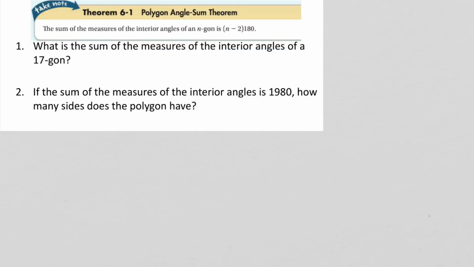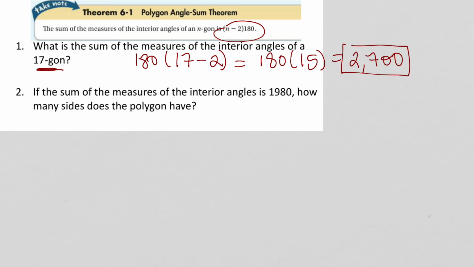All right, so let's get that formula down if you haven't. The angle sum of any type of regular polygon is taking the number of sides, subtracting 2, and multiplying it by 180 degrees there. So let's do these 2 examples. You could pause the video if you'd like. What is the sum of the measures of the interior angles of a 17-sided shape? So I'm going to do 180 times 17 minus 2. And that comes out to 2,700 degrees is the total for